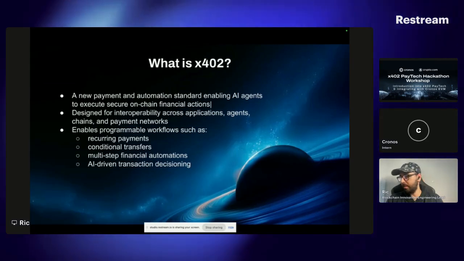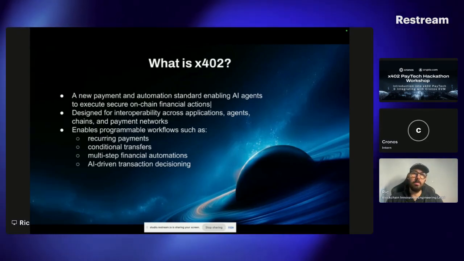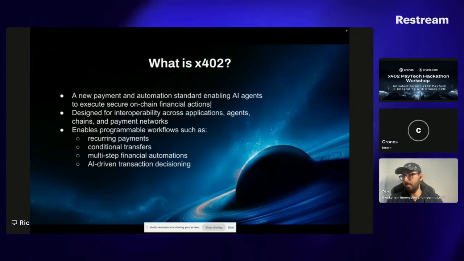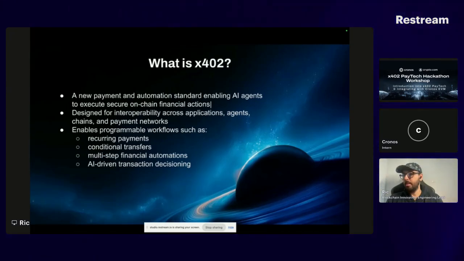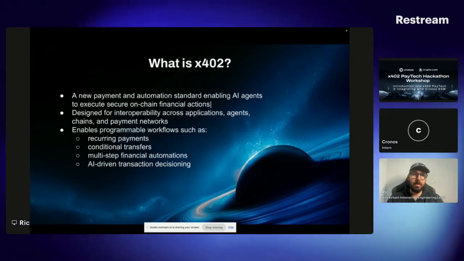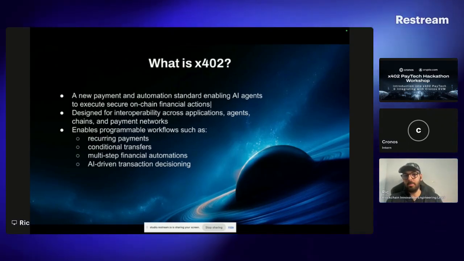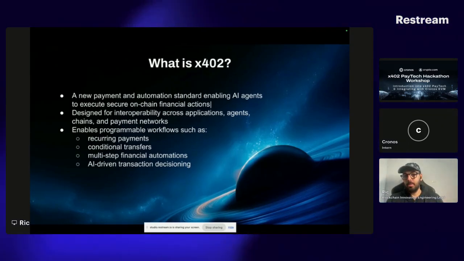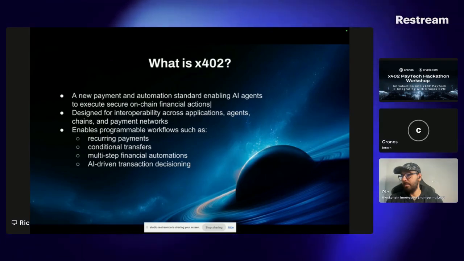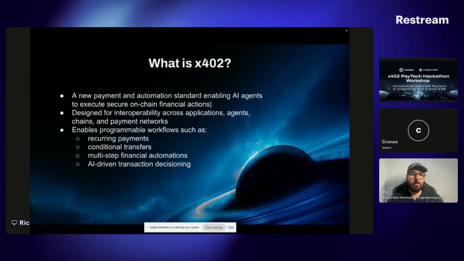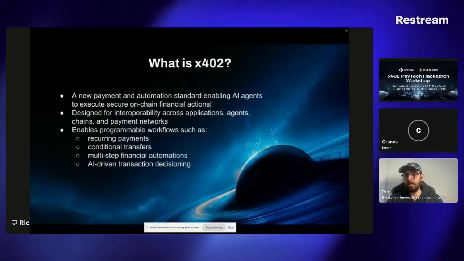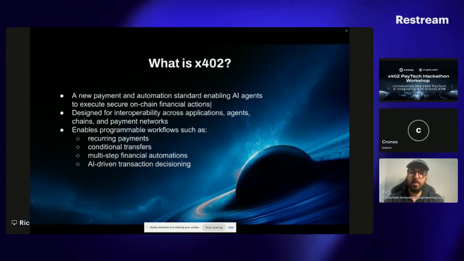I don't know if you are aware, but the status code 402 has existed since before. It is essentially a status code that implies that payment is required, among the traditional API status codes. And so what happened recently is that the wider blockchain open source ecosystem, specifically around Solana and Base, identified an opportunity here, and we started building on, creating a new standard